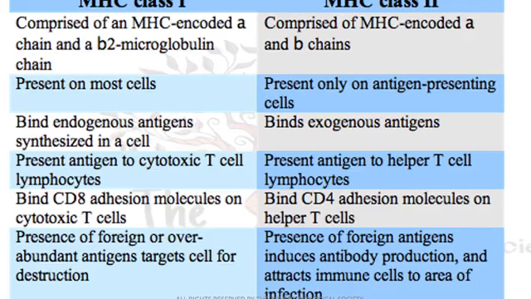Class 1 binds endogenous antigens synthesized in a cell. Class 2 binds exogenous antigens. See, the professional antigen presenting cell only binds exogenous antigens, and they might bind endogenous antigens in a cell. Okay, exogenous antigens means जो भी पैरासाइट्स या फिर एंटीजेंस बाहर से आ रहे हैं, बॉडी के बाहर से, सेल के बाहर से आ रहे हैं। लेकिन एंडोजिनस एंटीजन का मतलब है सेल के अंदर सिंथेसाइज हो रहा है।